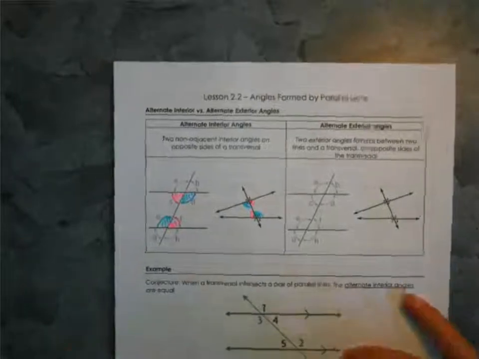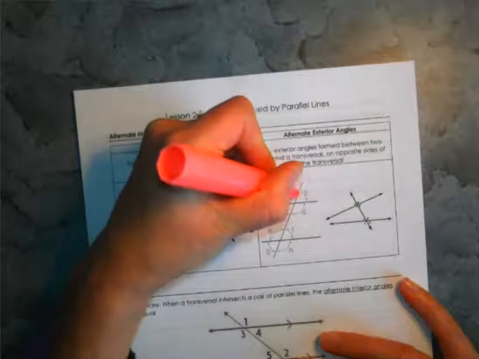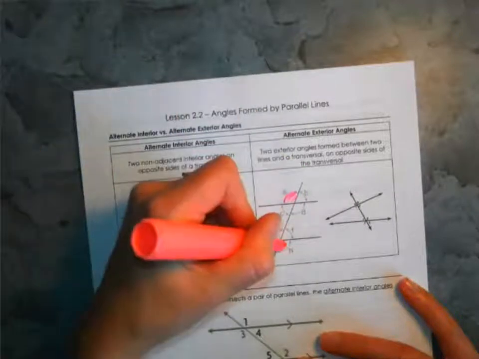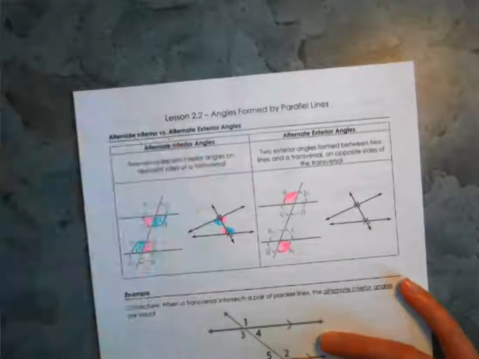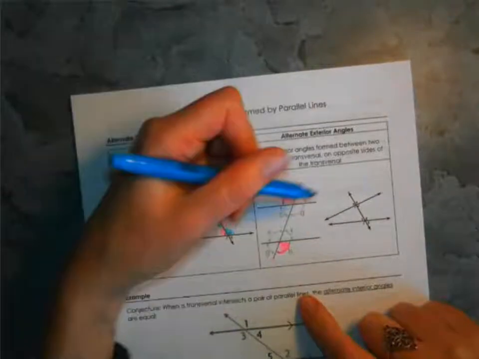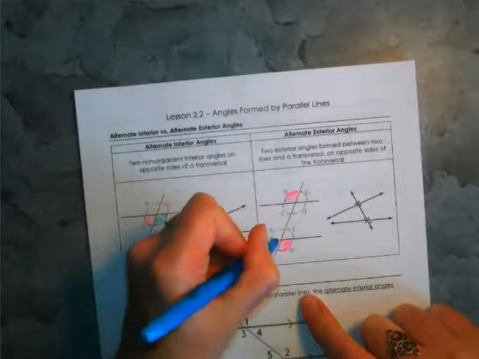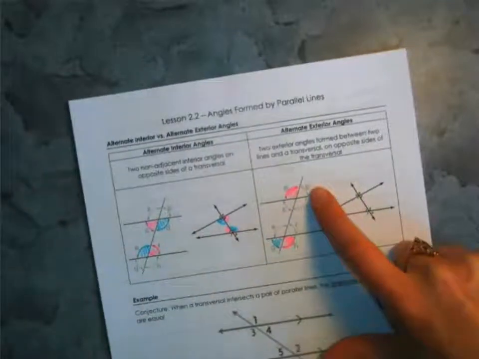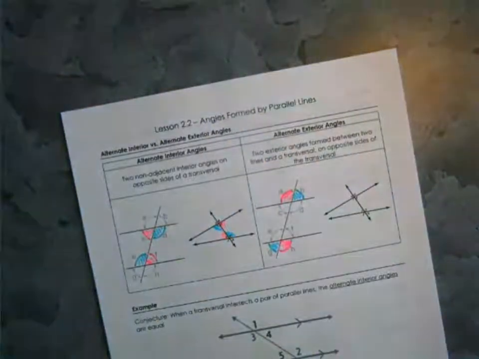Okay, so you should have picked A is an exterior, so which one matches that? Well, it has to be on the opposite side of the transversal and on the exterior of the parallel lines. Okay, same thing here. G is on the outside, and on the opposite side on the outside is B. So there's another alternate